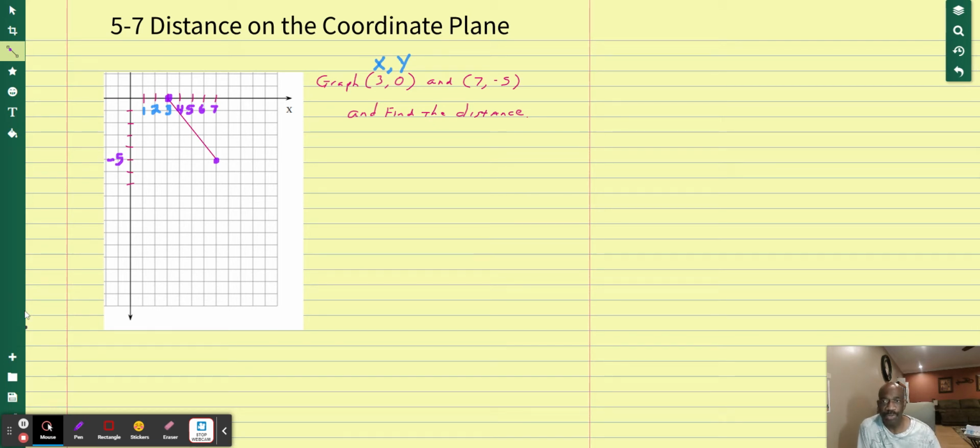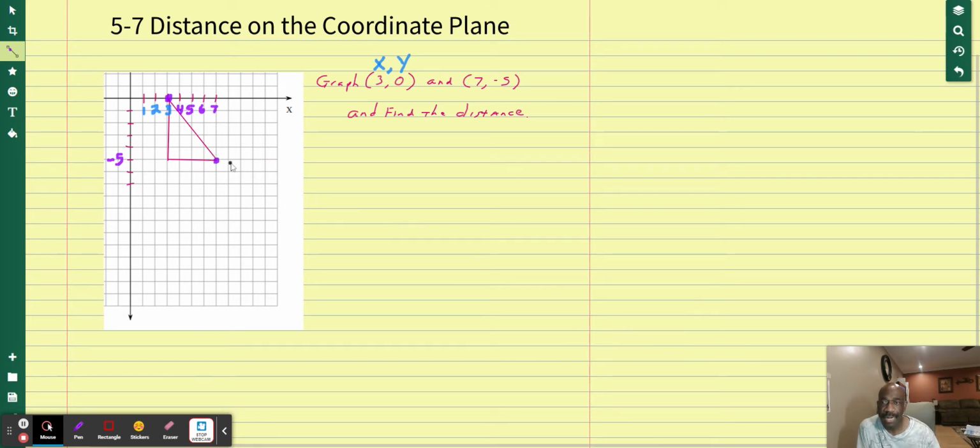What I want you to be able to do is, because we're on a coordinate grid with all these straight lines everywhere, I want us to create a triangle. I want us to create a triangle like this. Should go straight down from here and then straight across this way. All right. Now I have a triangle. Why is that critically important? Because with this triangle,